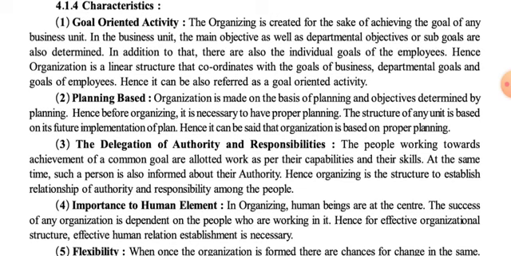Then the second one is departmental goals, that is the subdivision of the goal of business, and then we'll be having goals of employees, which is the subdivision of departmental goals. So it is in a linear, or we can say in a sequence, starting from total goals to departmental goals to goals of employees, and hence it can also be referred to as a goal oriented activity. So in this way we can say that organizing is a goal oriented activity where overall goal and departmental goal are determined, and based on that the actual work takes place.